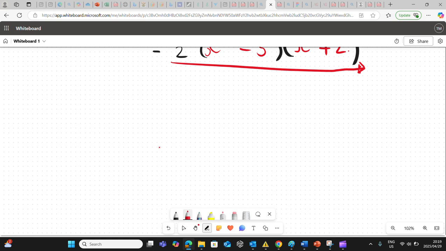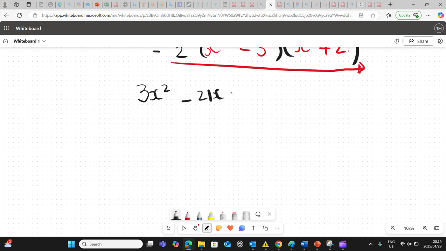Let's have a look at another one. What about something that looks like this? 3x squared minus 21x minus 54. Again, we can take out a common factor, and 90% of the time your common factor will always be this coefficient there. 90% of the time. So if you take out a 3,